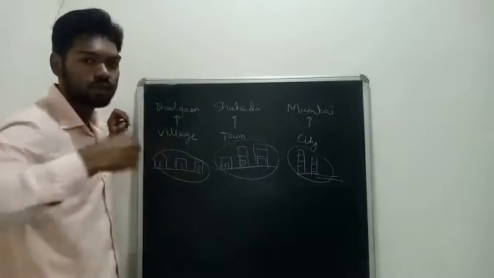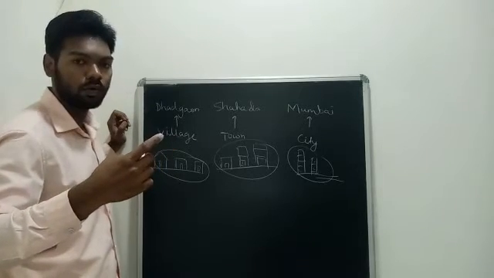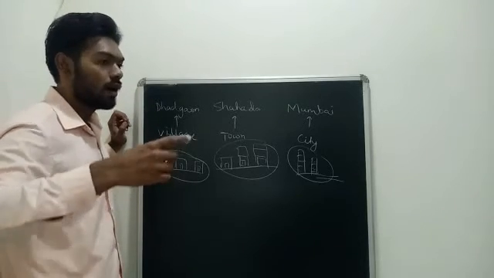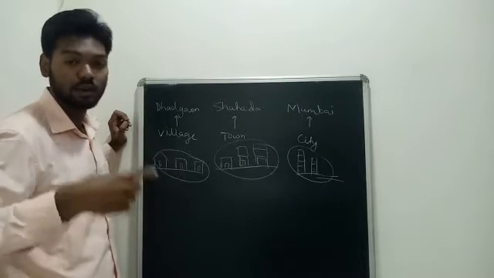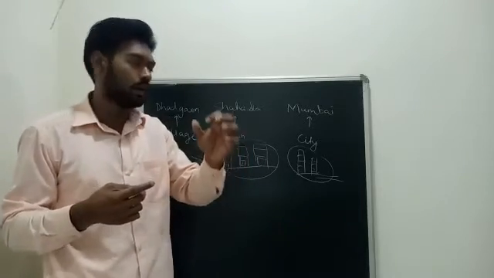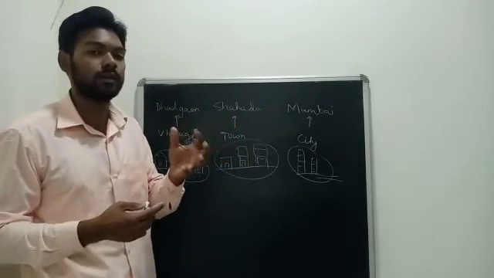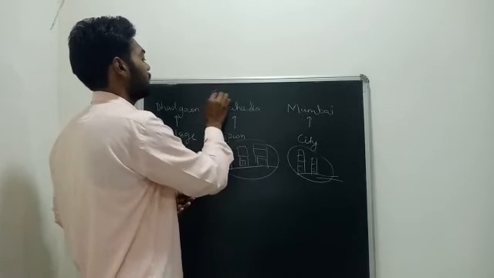Okay, how the houses are affected, how the facilities that are available over here are affected, how is the climate, again how is the business, how is the economy of this place, how is the standard of living of this place. Okay, that is what we have to learn in this particular chapter, because you see settlement,